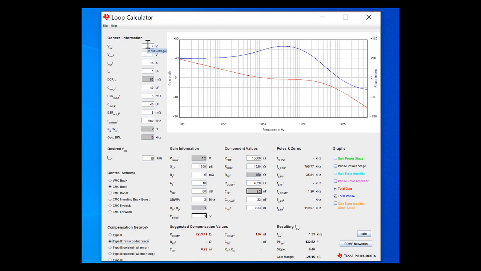So moving over here, the VIN and the output voltage and the output current all got moved over from the previous design. So I do have to fix my output capacitance, so here I'll put around 2 millifarads as what I've chosen, and 1 milliohm of ESR. Cout 2 is used if you have multiple capacitors in parallel, or you want to split up your ceramic and bulk capacitance values. But here, I've put my total capacitance of 2 millifarads and my total ESR of 1 milliohm. My switching frequency is already put in, and then for desired crossover,